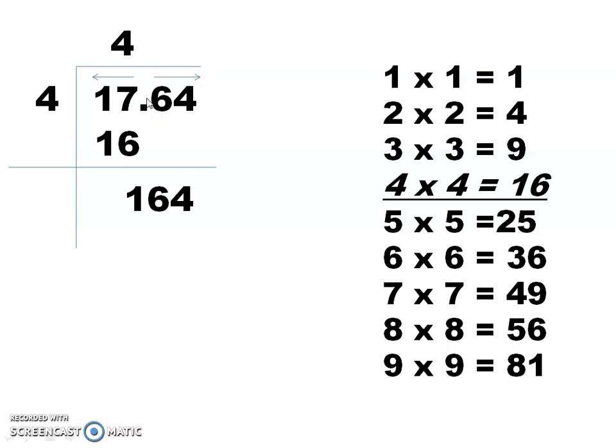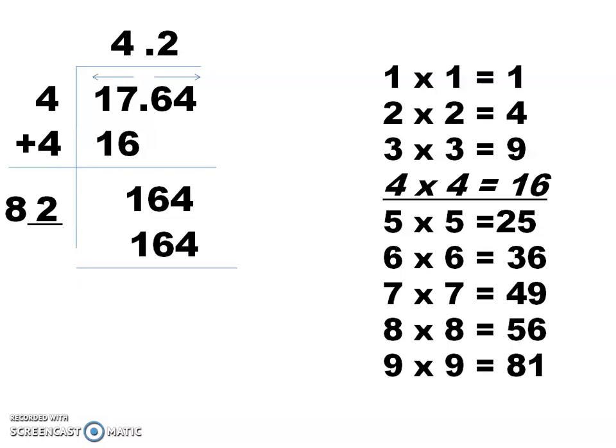Now, what about this point? This point you will put in the quotient. Okay. Now, don't put this point in this part. Now, 4 plus 4, 8. You will find a suitable number here using trial and error. The same method you followed in whole numbers. Now I got 2. 82 into 2 is 164.